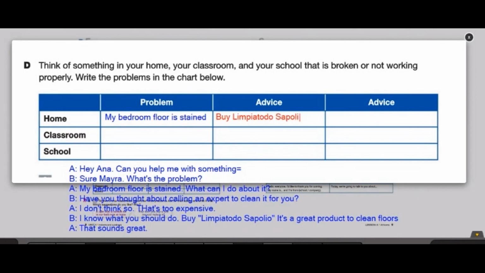Then I have to write it. It has to be a conversation. It's not, Mayra, my bedroom floor is stained. Okay, thank you. No. Now, obviously, I am not saying you have to start necessarily with this